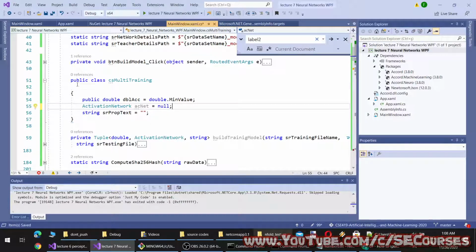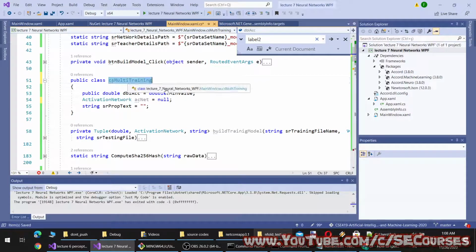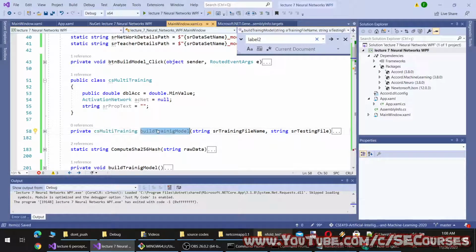Probably we can set it, yeah, and this will return this instead of a tuple.